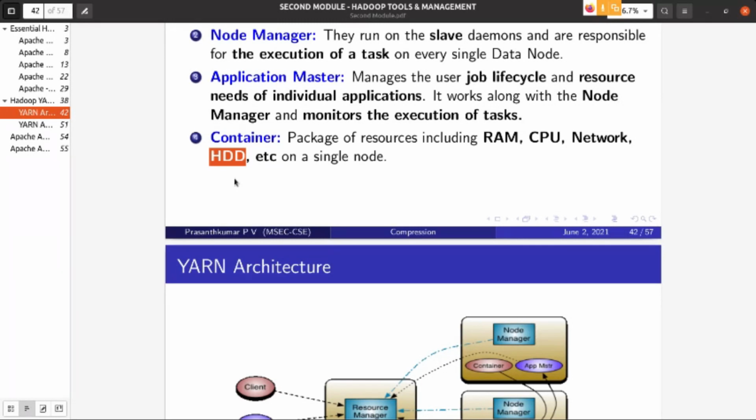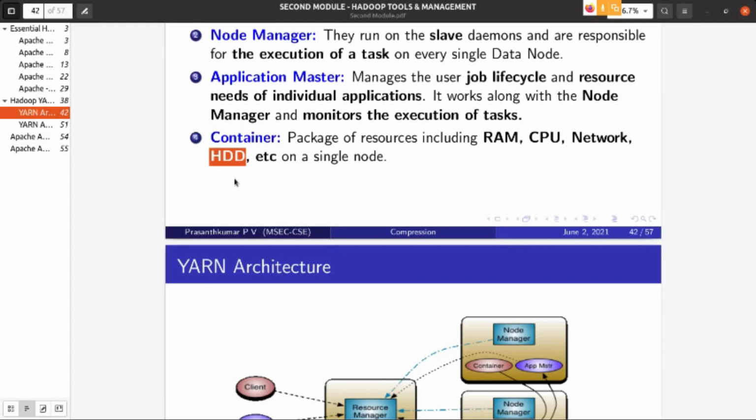Then why are we forming a container? To execute the task. To execute the task we need a container, because we are executing the task inside the container. Container contains memory, computing resource, network, storage, everything.